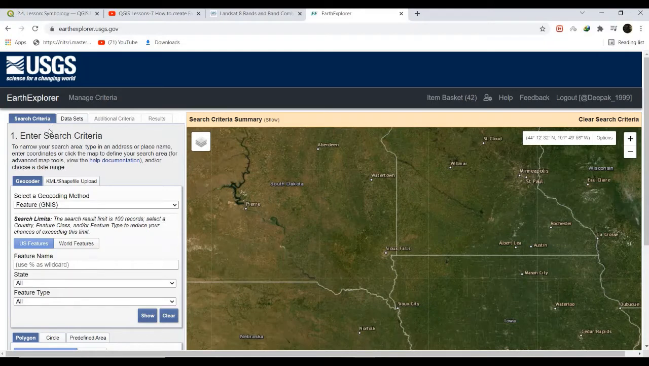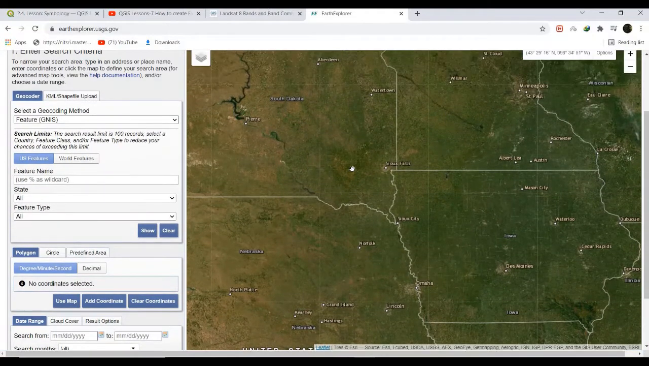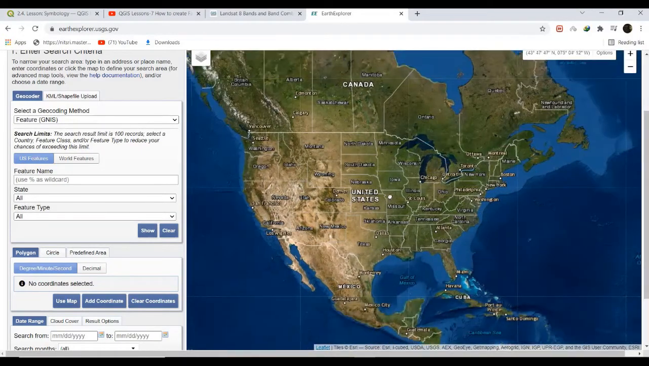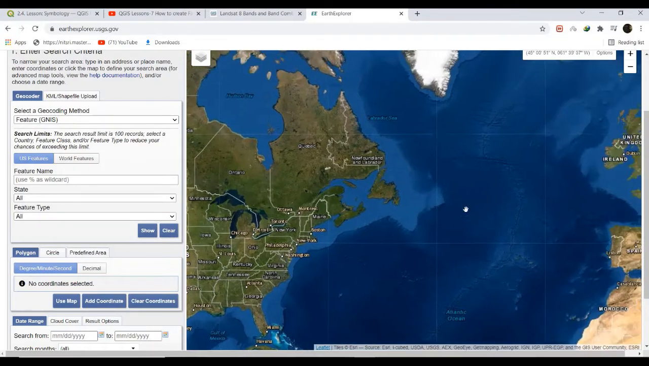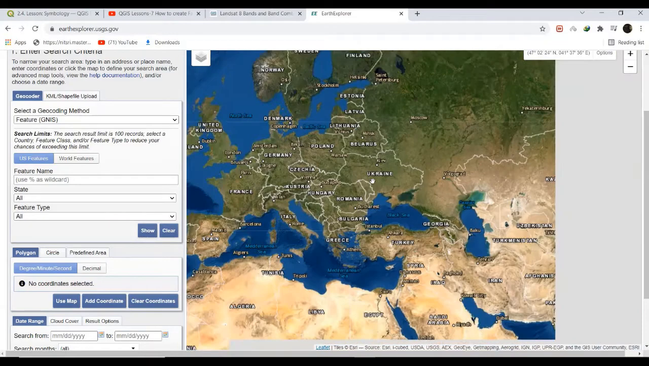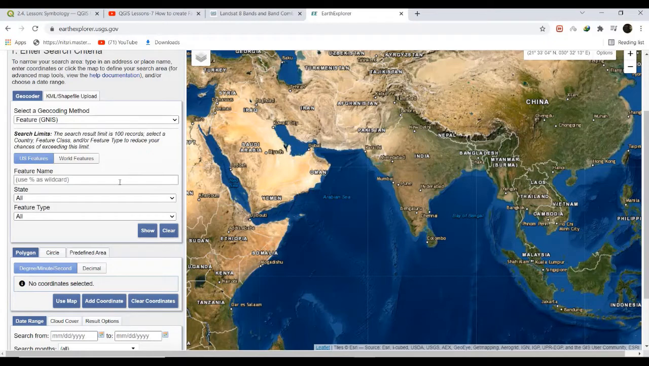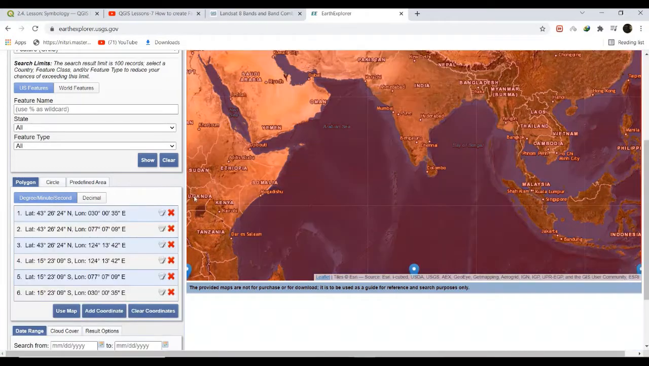After that, search criteria. In search criteria, we need to select our study area, or a place where we need to download data. So we are going to download data from India. This is India. For data selection, we need to choose an option such as polygon, circle, or predefined area. So we click use map, and